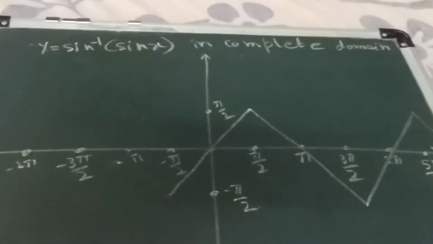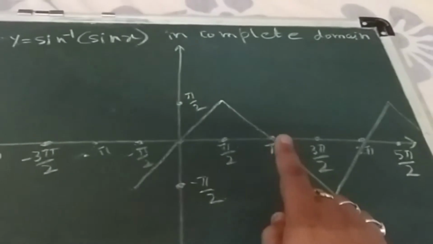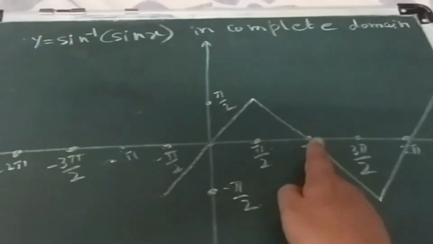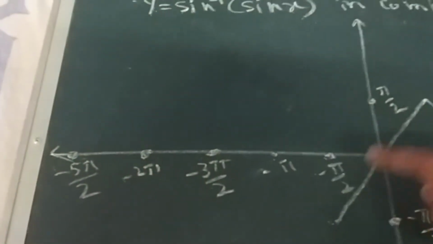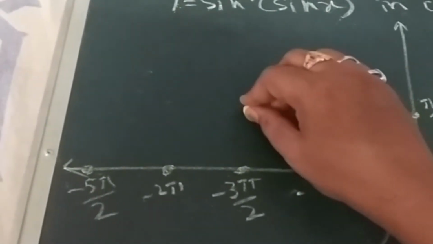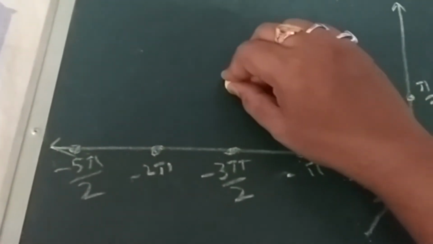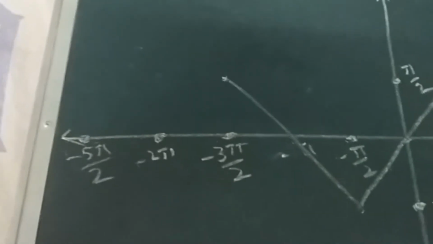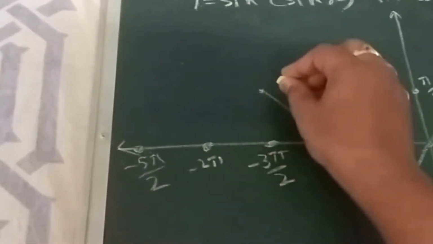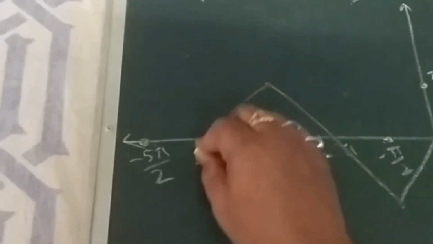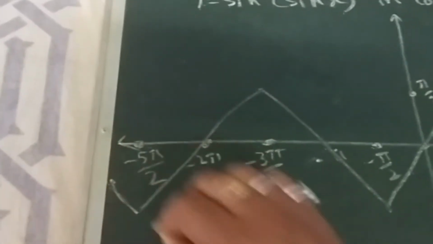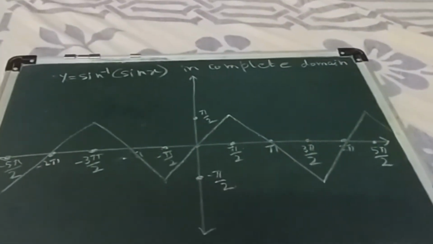It is the tangent on y equal to sine x at these points, at 0, at pi, at 2 pi, like this. And I am following the pattern here also. It will pass through pi and it will reach up to here. So it will look like this. Again it will pass through 2 pi and it will come up to here. And then it will go up again. So this is the graph of y equal to sine inverse sine x.